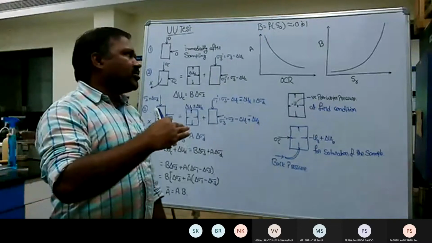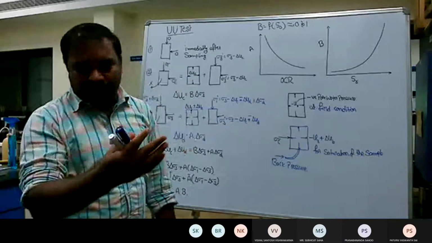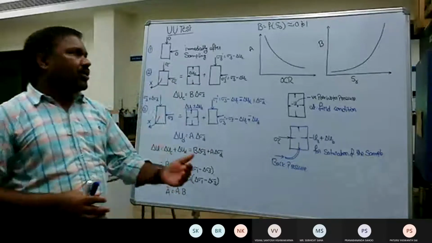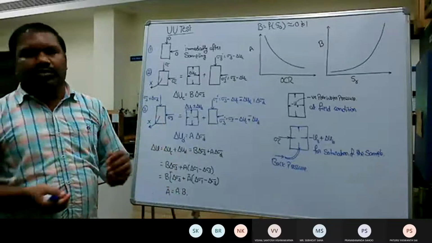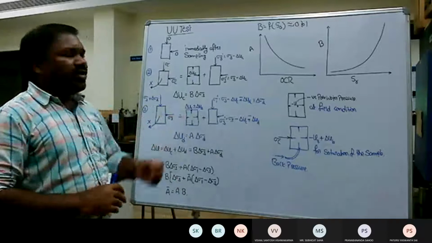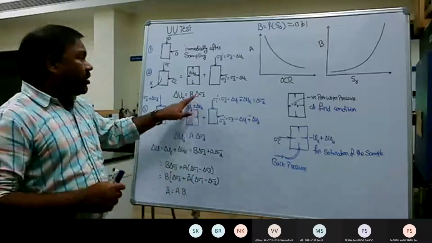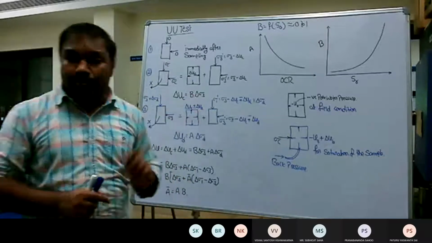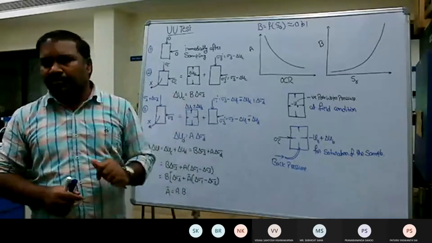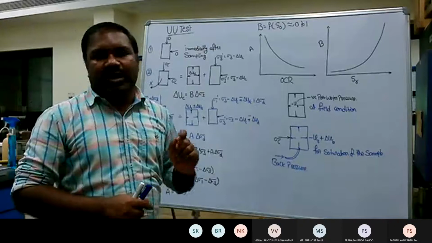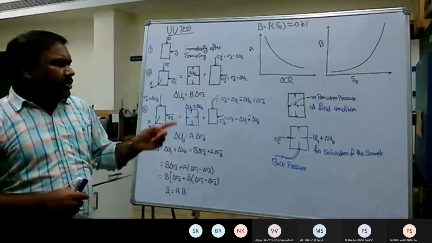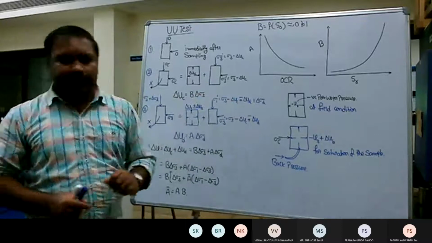So an increase of B from 0 to 1 indicates the saturation of the soil sample. From 1 to 0 indicates desaturation of the soil sample. So if it is from 0 to 1, you are saturating the soil sample, or from 1 to 0, it may be indicated in the form of some consolidation. Therefore, if you refer to any of the books, B is also correlated with the consolidation coefficients like CV and CC or CV and CS. Even that thing you can see.